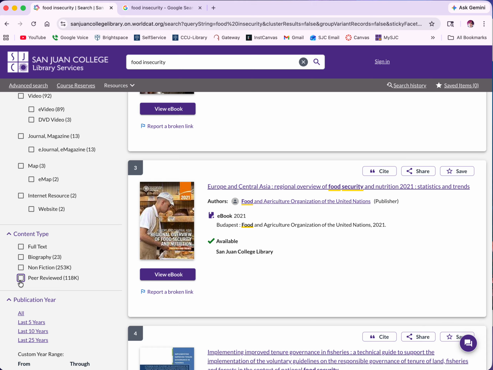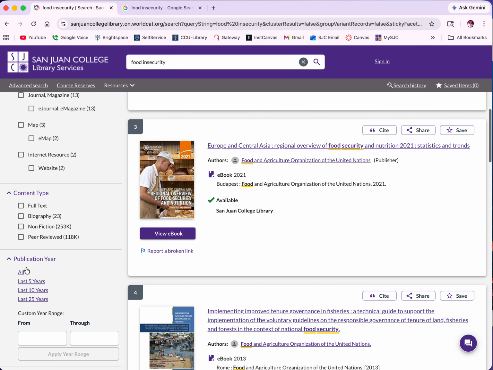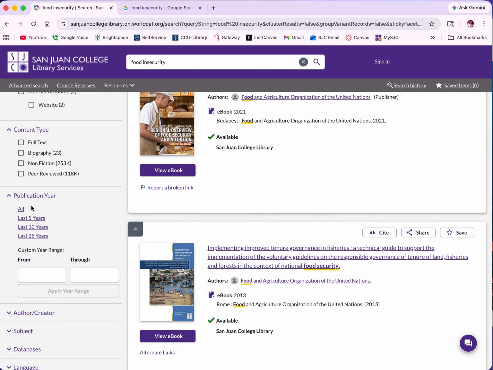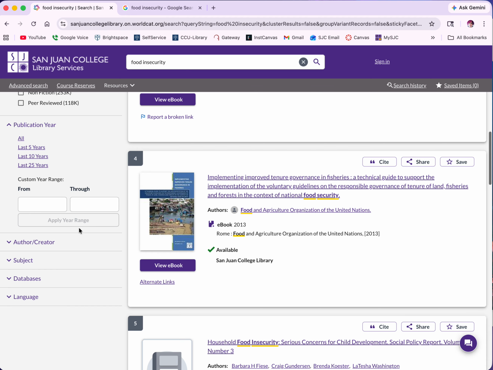Peer reviewed, even though an encyclopedia is peer reviewed and people support each other in making sure they've done the best with those entries. When we're looking at peer reviewed, we're looking at highly specific topics. We're looking at the experts in those fields, and then they're randomizing the info about an article so that they give their free opinion of it without considering if they know or like or dislike that person. Also, we can look at time. I find that can be really dependent on your subject. So because I'm looking at food insecurity in my community, I'm looking at now. So I might want the last 5 years. If I'm doing something historical, I may want the last 25 or 50 years